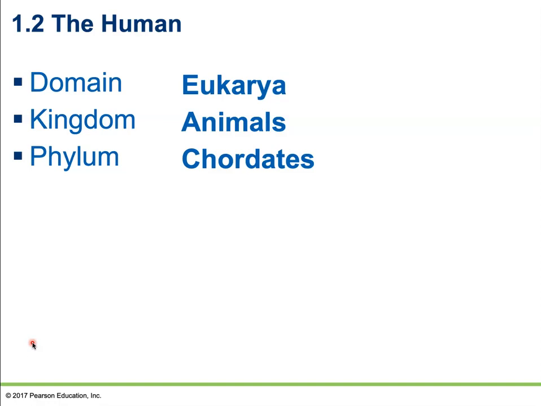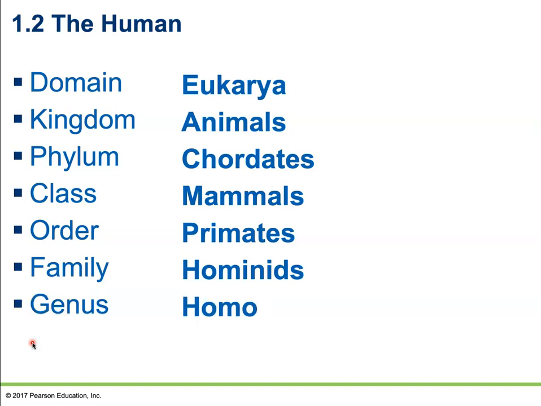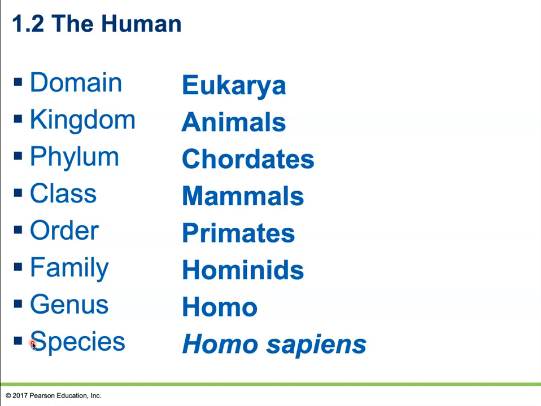Now, this phylum, chordates, simply means that we have a nerve cord protected by our spinal column. Our class, further from that, is going to be mammals. We're mammals because we have hair and we have mammary glands to feed milk to our live young. Our order is going to be primates because of our forward-directed eyes and our large developed brains. And then the last three categories of classification are going to be our family Hominids, genus Homo, and our species Sapiens. And these last three categories are classified in reference to our skeletal and dental characteristics.